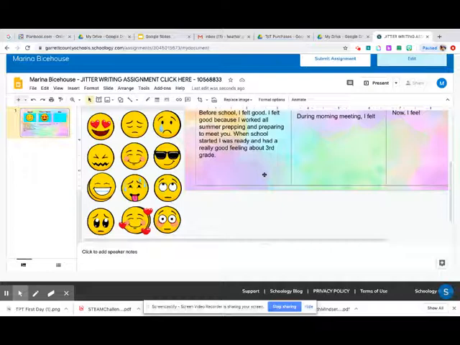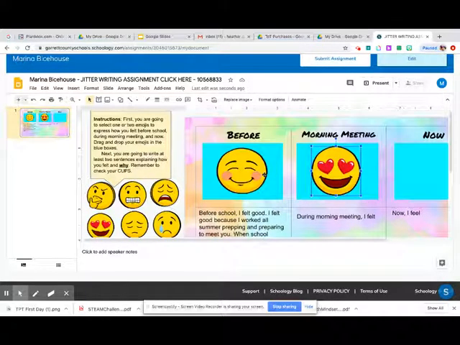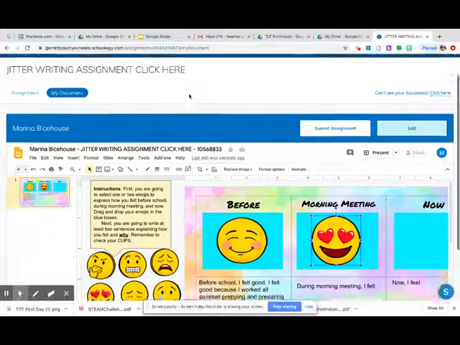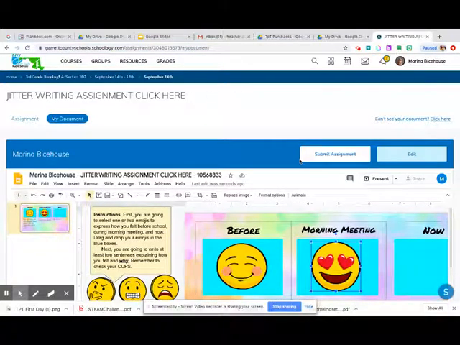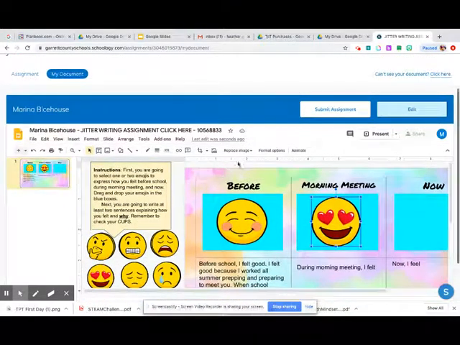Another tip, when you're working in a Google document like this, if you have to go somewhere, or you ran out of time and it's time for our next class, you don't have to feel like you have to rush through this. You can stop where you're at. The only thing you have to make sure you don't do is submit the assignment. You only do that when you are finished. So if you need a little bit more time, all you have to do is just stop where you're at